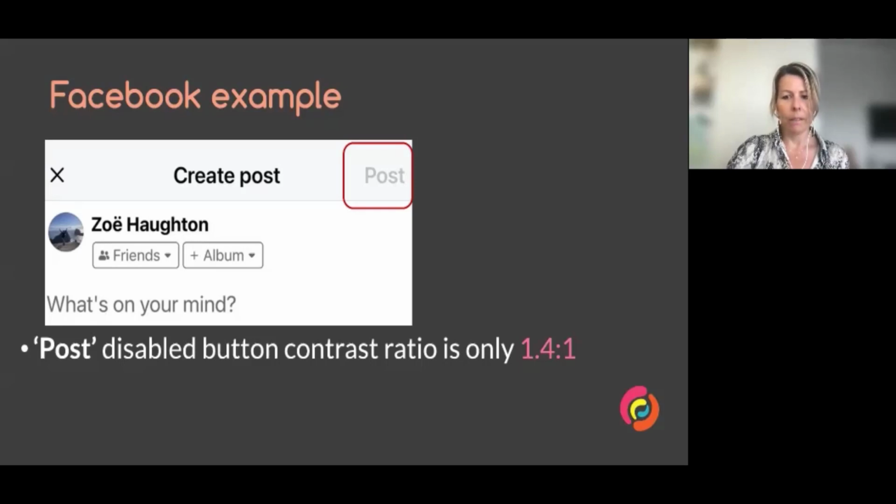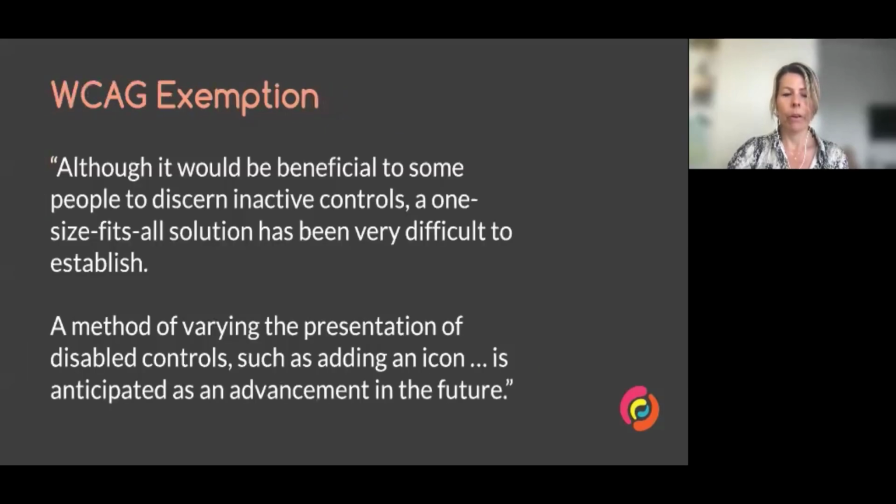But wait a minute, disabled controls are exempt from WCAG, right? They don't have any color contrast requirements. Well, this is true. To quote the WCAG documentation, although it would be beneficial to some people to discern inactive controls, a one-size-fits-all solution has been very difficult to establish.